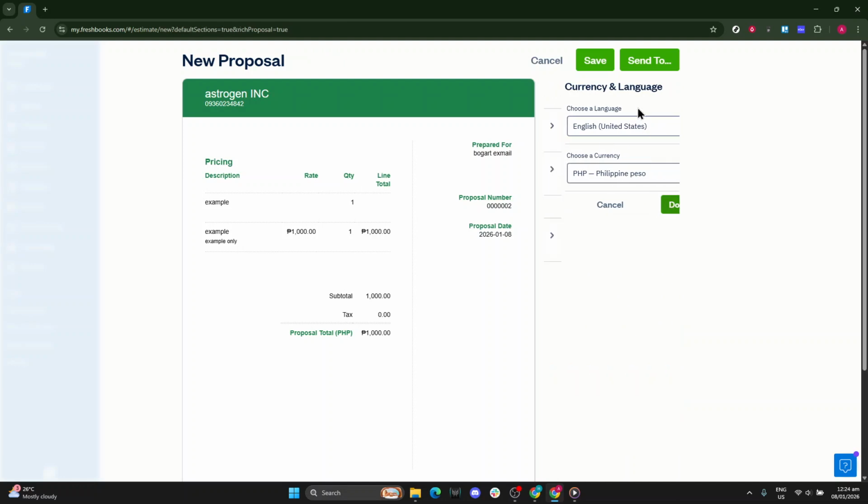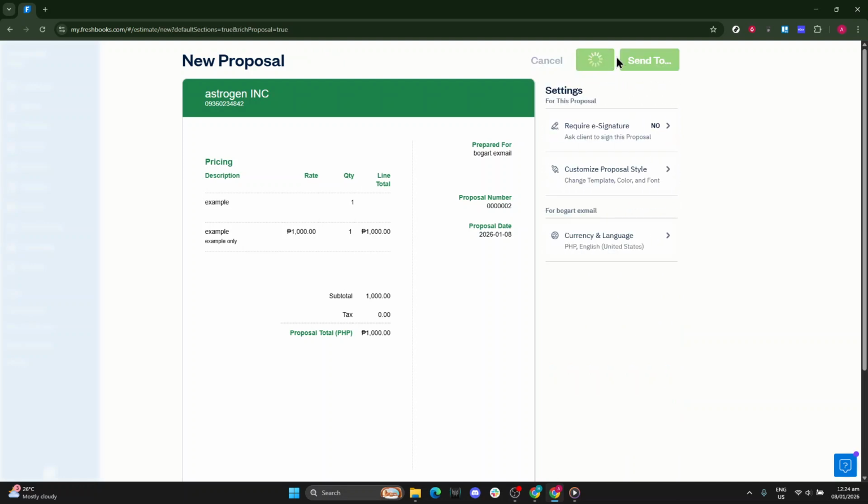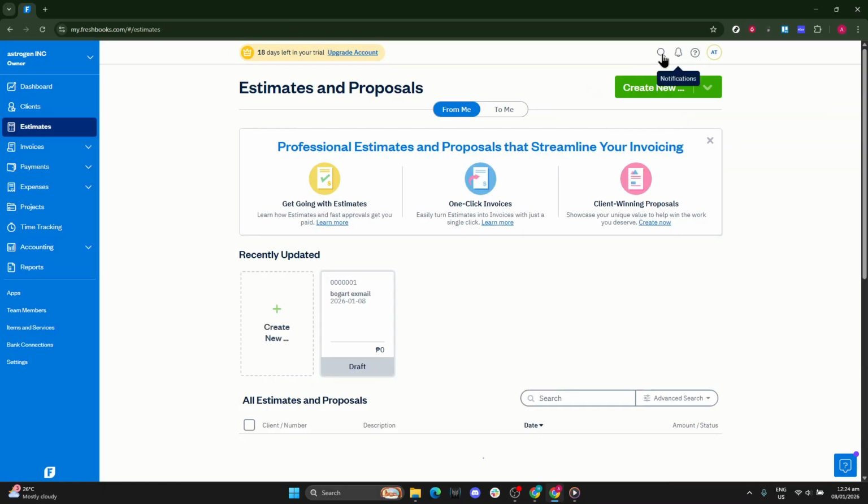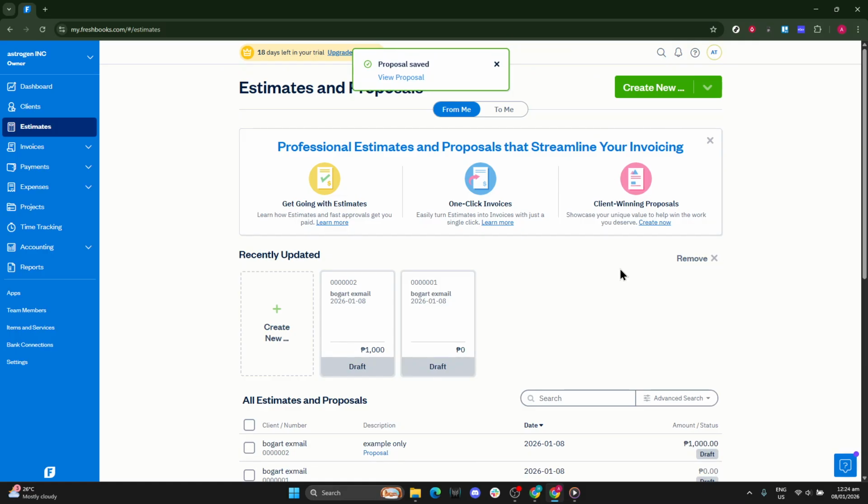Once you've finished editing, click Save to keep your work. If you're ready to share the proposal right away, click Send to so it can be delivered to the intended recipient. And that's it. Your proposal is built, polished,